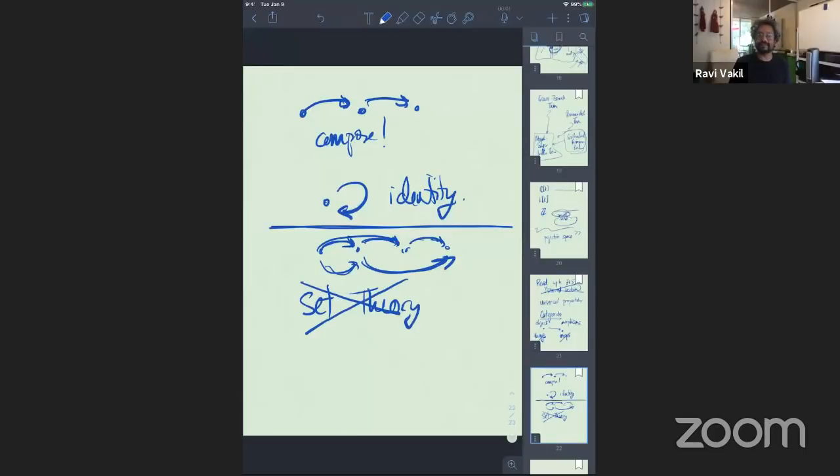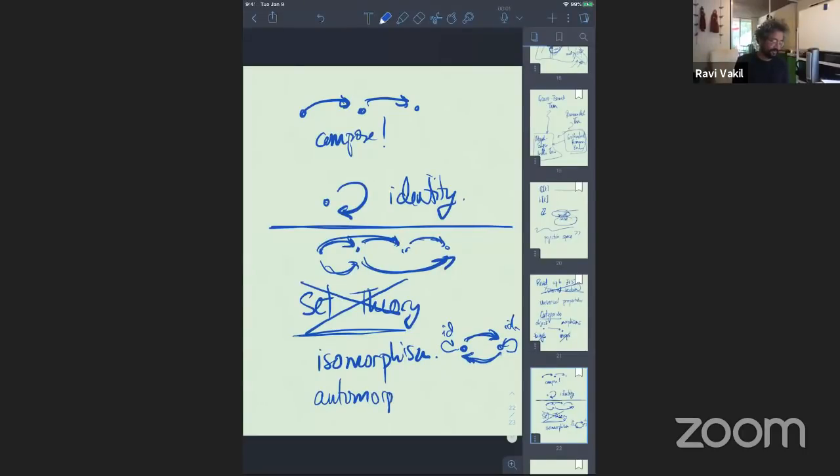And what you should do if you haven't seen categories before, to emphasize that there's nothing new, is write down as many categories that you already are friends with. But as soon as you make the notion of a category, you automatically have the notion of an isomorphism, which is between two objects: a map from one to the other, and there must be an inverse map. The combination of these two should be the identity on this one, and the combination in the other direction should be the identity here. So you already know what an isomorphism is. That's nothing new. And you have the notion of an automorphism and maybe an endomorphism.